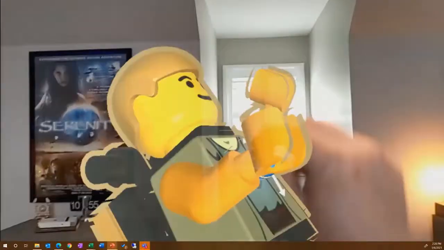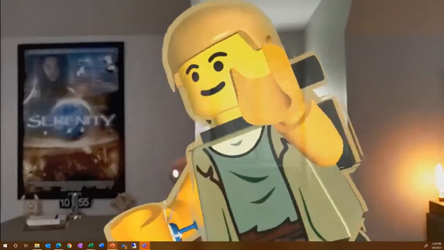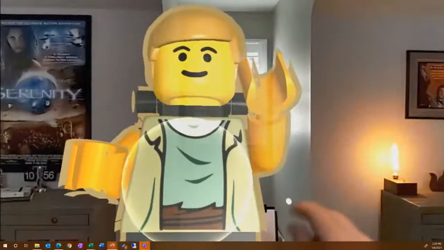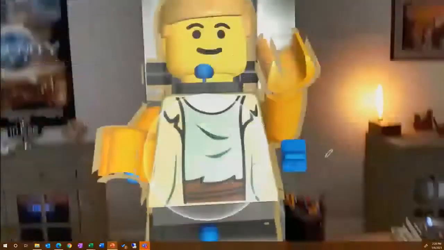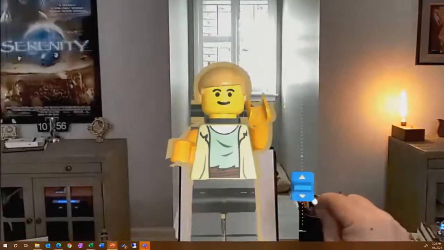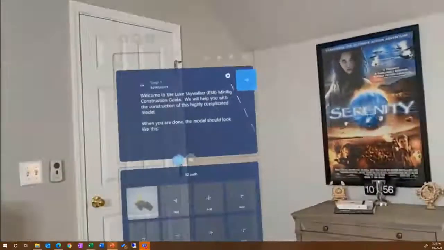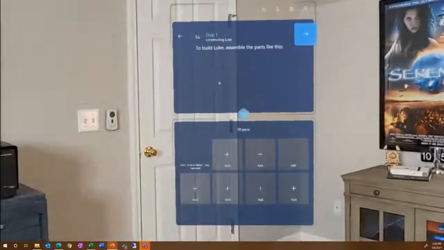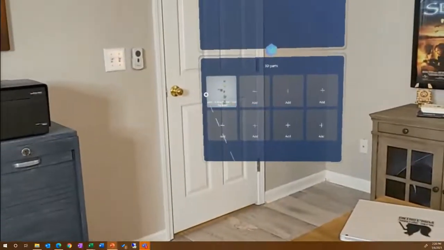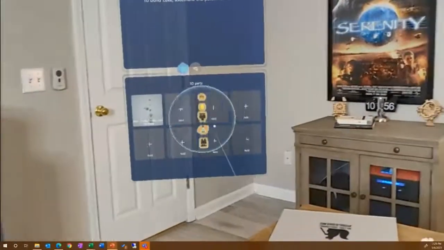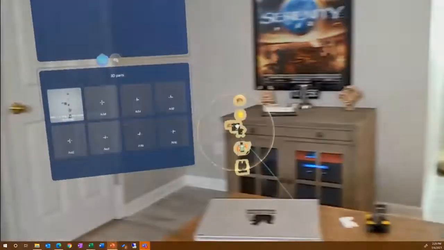So now notice I'm pulling over my holographic image, and I'm just going to put it in my real world. So you can see this is a large version of the minifigure. I can go and I can move it around. I can rearrange it. I'm actually pushing it back, but I can make it smaller. So now I can put it anywhere that I want in relation to that anchor. So now I'm moving to the next step. So this is the next step in the guide where I actually have the exploded version, and I'll grab that and pull that over.